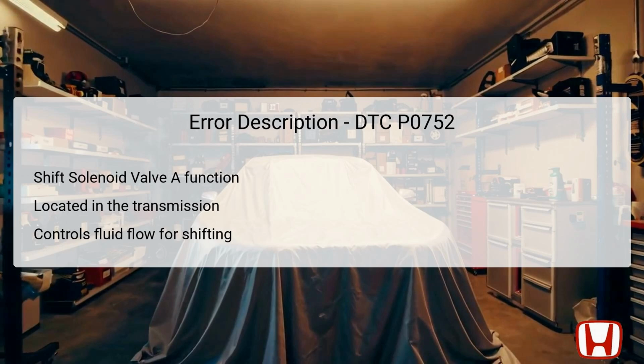The Shift Solenoid Valve A plays a pivotal role in the automatic transmission system of the Honda CRV. Its primary function is to regulate the flow of transmission fluid to different hydraulic circuits, which influences gear shifts. The solenoid is typically located within the transmission assembly, directly affecting how the transmission engages with each gear based on